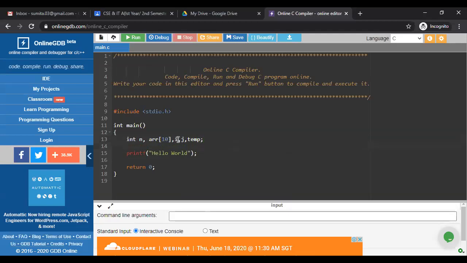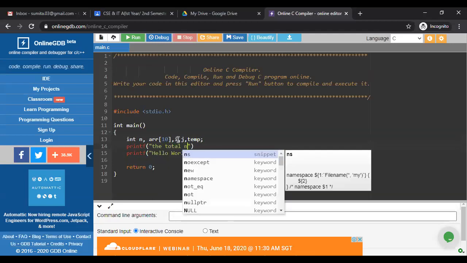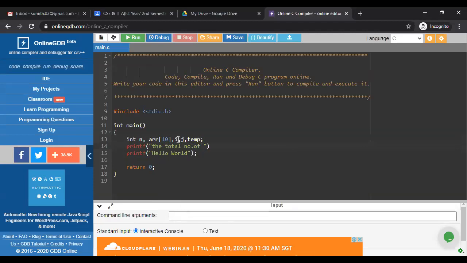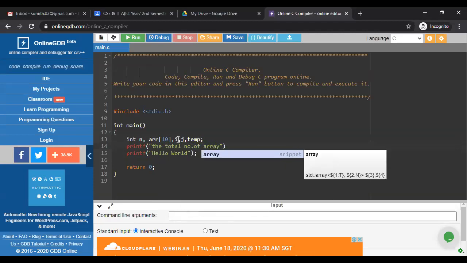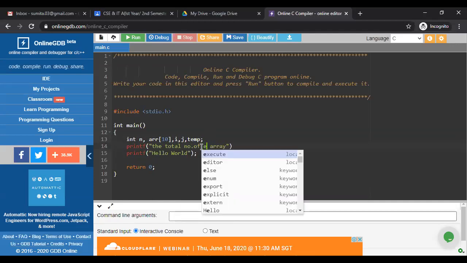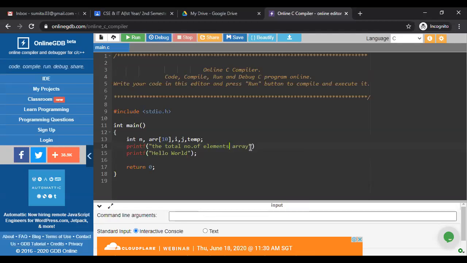First of all, we have to enter n, the total number of elements of your array. Next, we have to scanf this, because this is user input, so ampersand n.